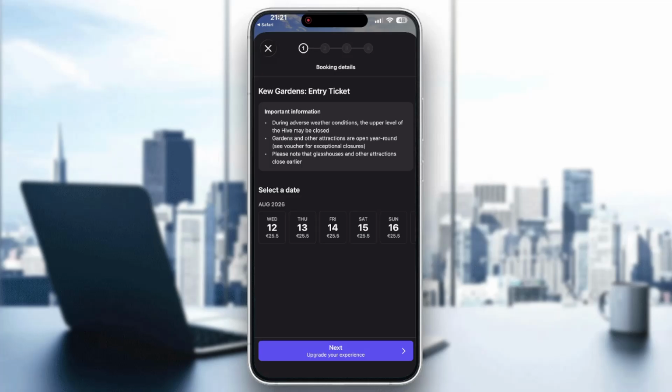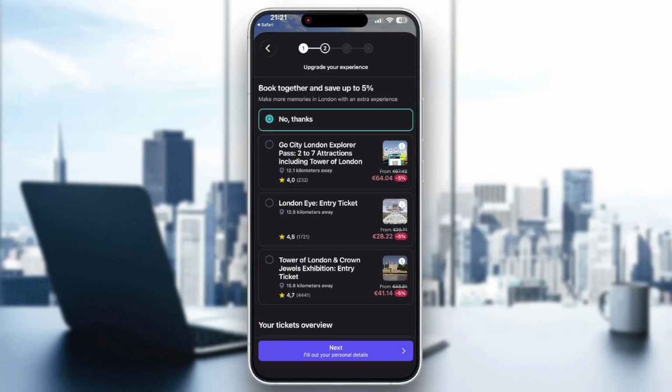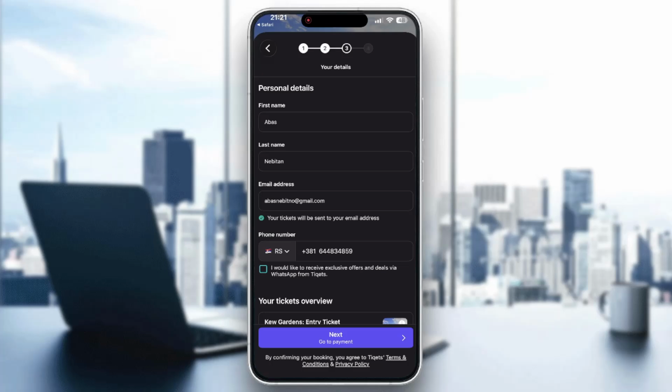So let's say we want to purchase tickets for the 12th right here. I'm going to select the date, and then it's going to enable me to select what kind of tickets I need. Let's say only one adult ticket. If you have young people or seniors with you, you can select their tickets as well, and then click next to go to the experience page where you're going to see similar experiences you can save money on. If you're not interested, just click no thanks and go to the personal details page